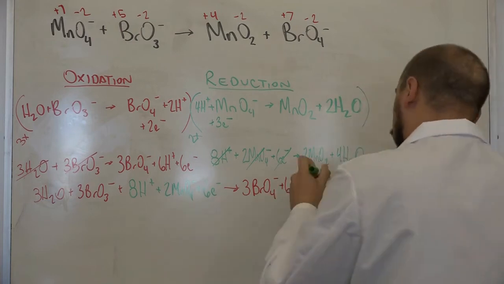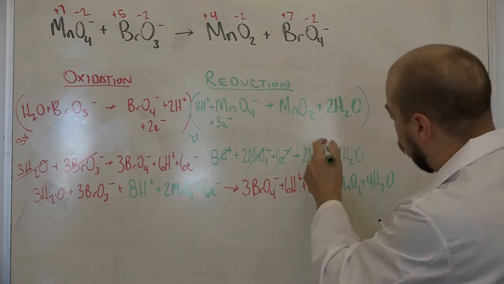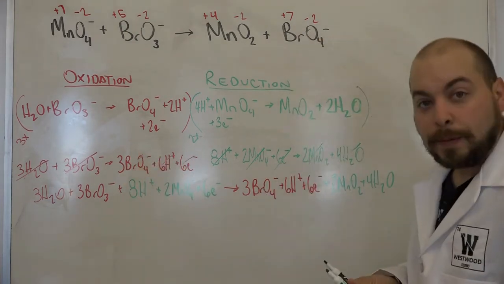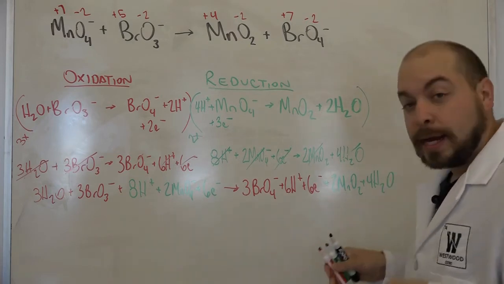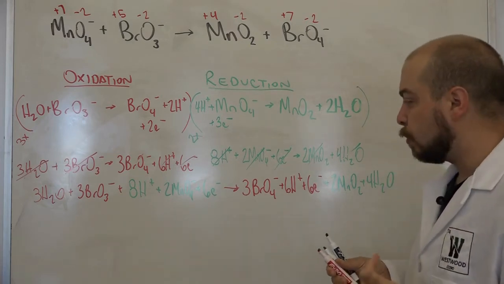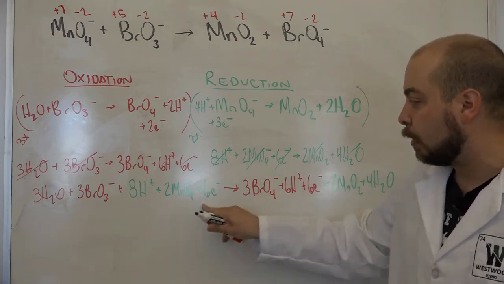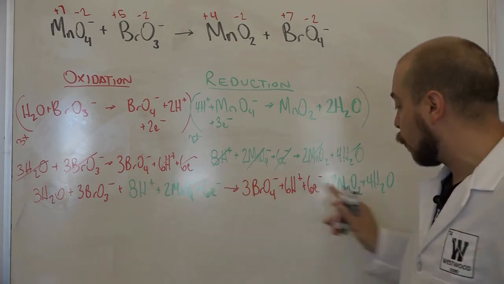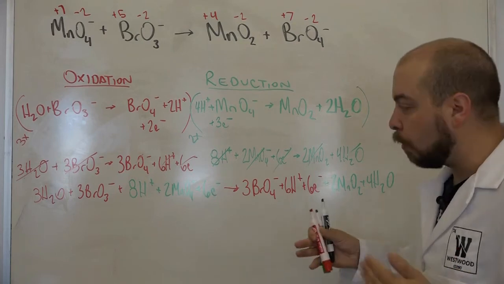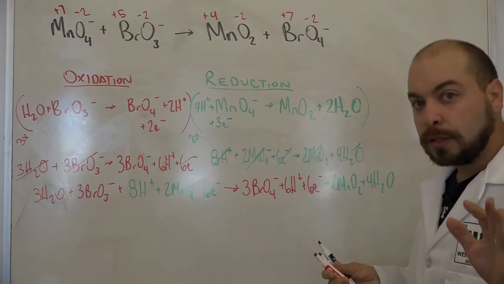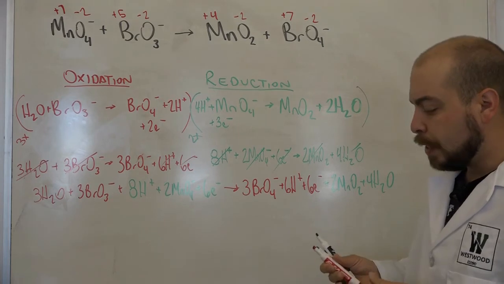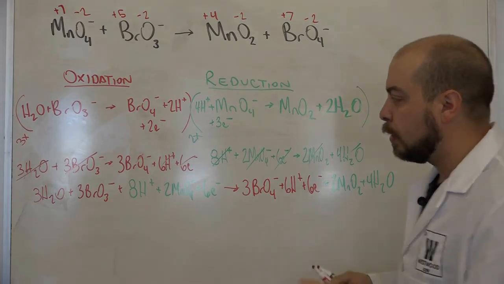Okay, so everything's now written. I can now combine and cancel. In terms of canceling, you'll notice that I have hydrogen ions on both sides, I've got electrons on both sides, and I've got water on both sides. So I can cancel all of those things. Be careful with coefficients. What that means is that what we're going to be left with is